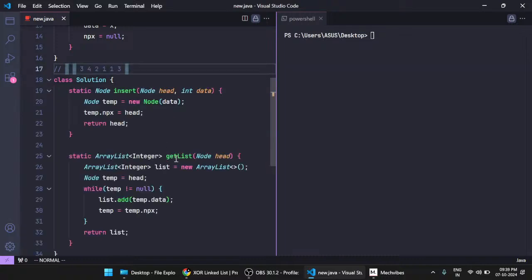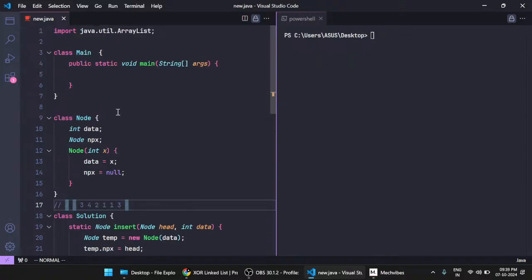So for this input, our code is not working. I don't know why, but let's see. First of all, I'll create a node head, and I'll input all the